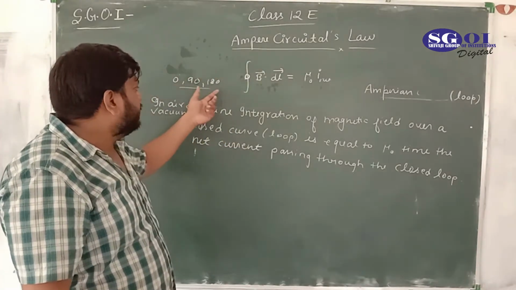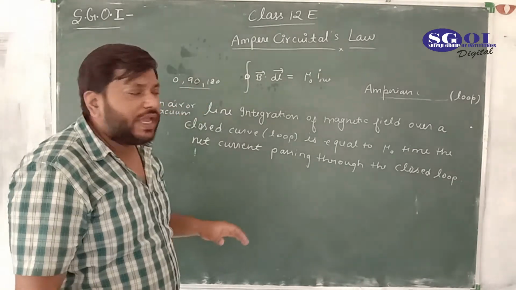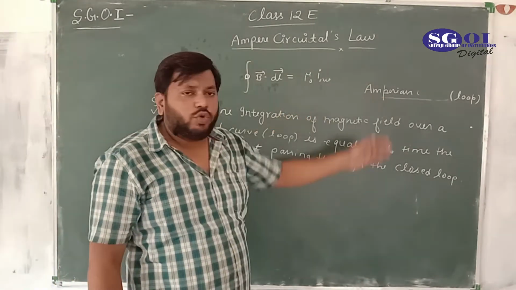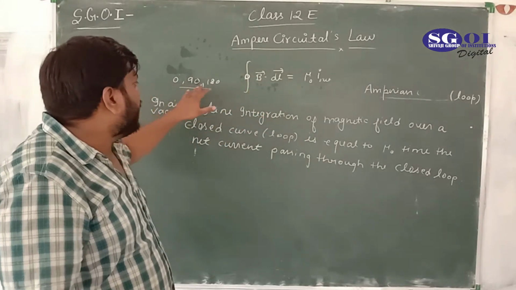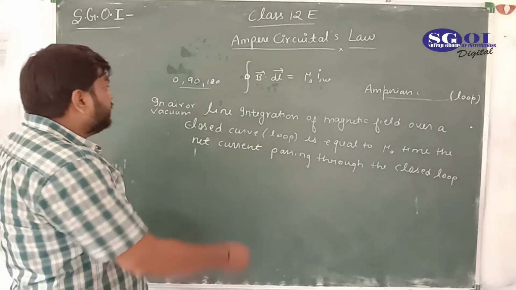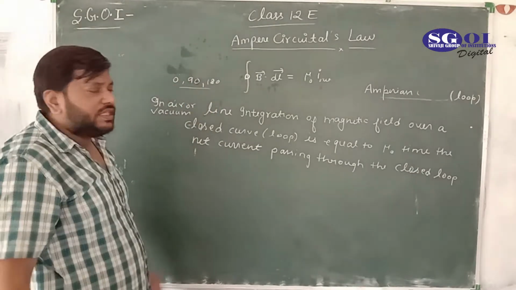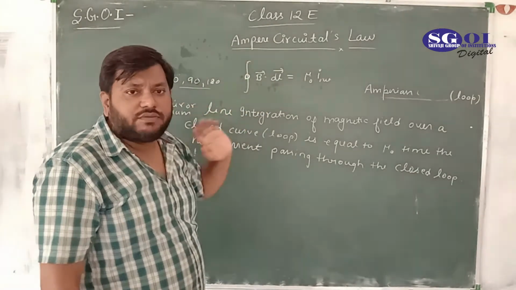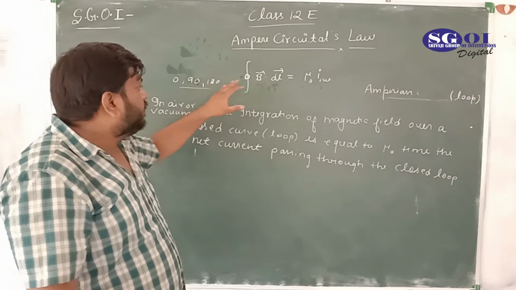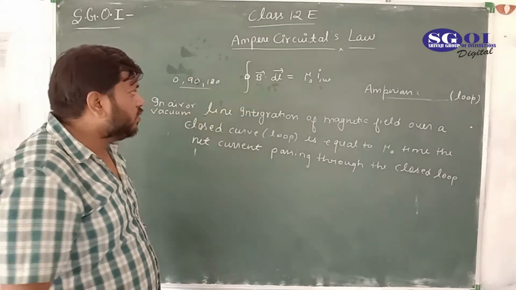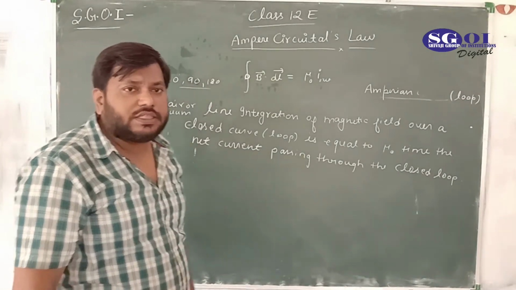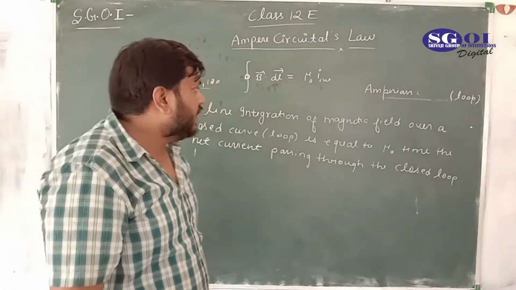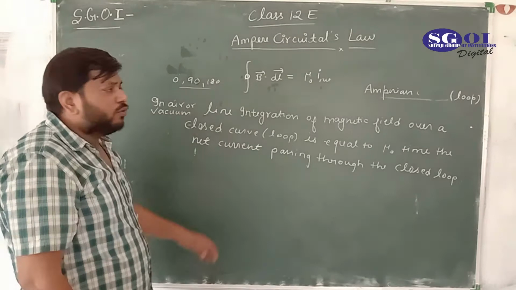If the angle is 0, 90 or 180, we have to assume the Amperian loop in such a way that the angle between B and dl must be 0, 90 or 180. And the benefit of these angles is that the integration would be either 0, or 1, or minus 1. Because in B dot dl, we know that the dot product of two vectors is mod A mod B cos theta,